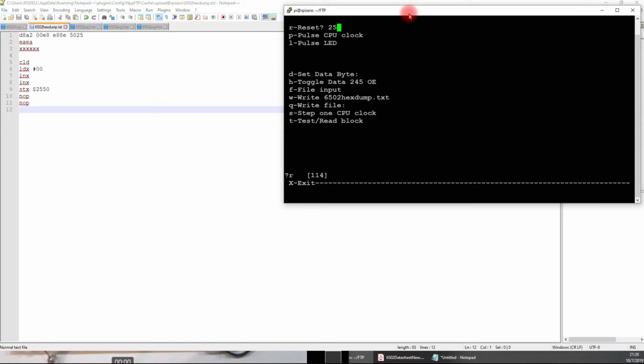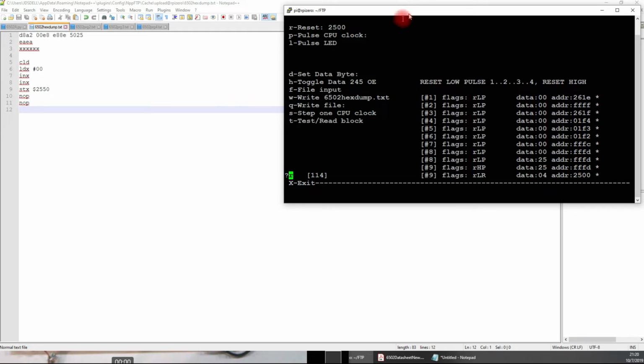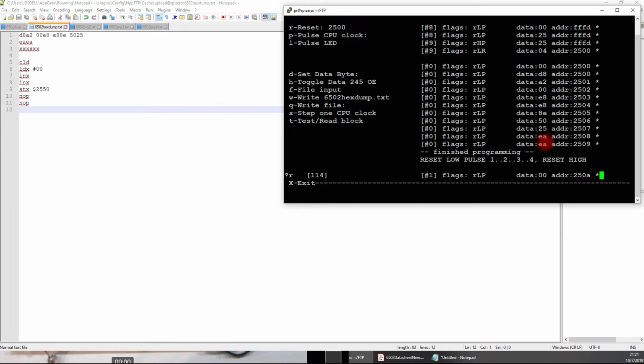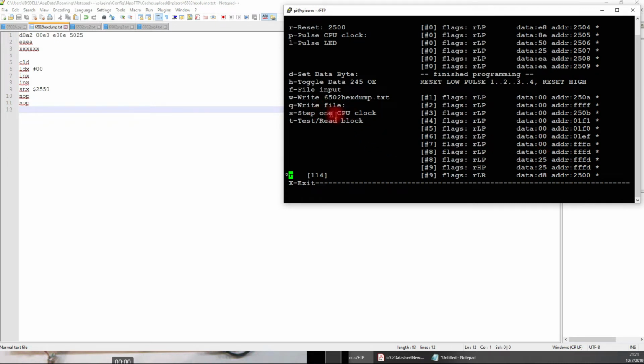So okay, and this one command defaults to that 6502 hex dump. So set that. Want to run it? Have to reset back. And then just use the step command to step through. And I just watched the monitor, and